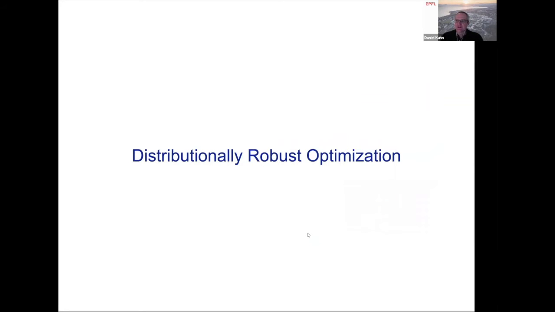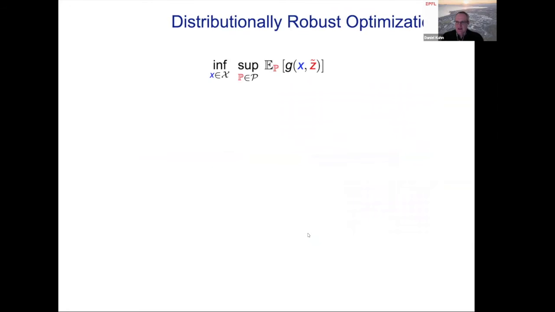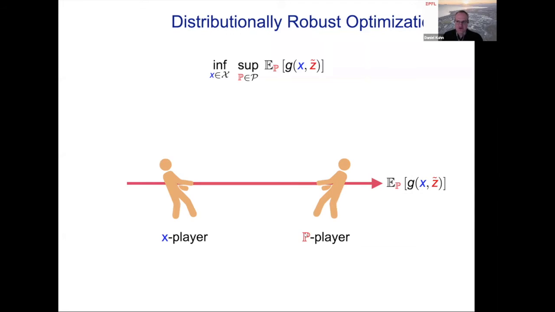In the next part of the talk, I would like to address distributionally robust optimization. So here, the decision maker aims to minimize the worst case expectation of a disutility function G that depends both on the decision X and the random vector Z. The worst case is evaluated with respect to all probability distributions P of Z that fall within a given ambiguity set script P. So distributionally robust optimization problems can therefore be thought of as zero-sum games between the decision maker and an evil adversary that selects the distribution P. And a distributionally robust optimization problem can thus be viewed as a robust optimization problem where the probability distribution P plays the role of the uncertain parameter.